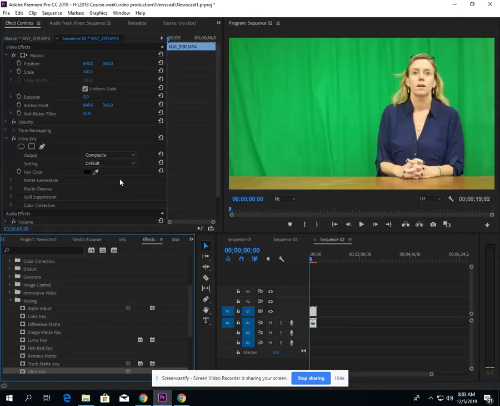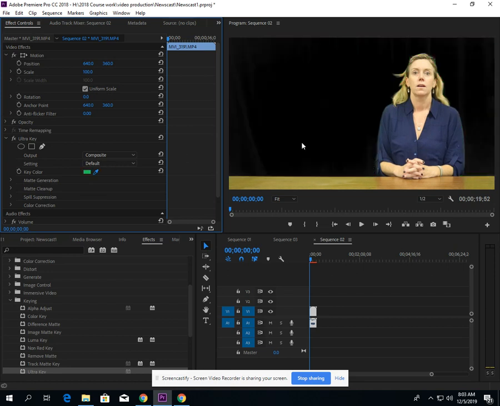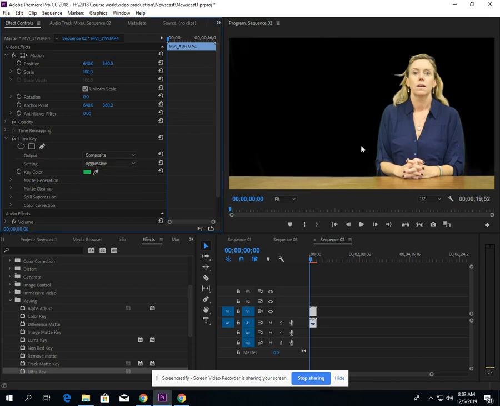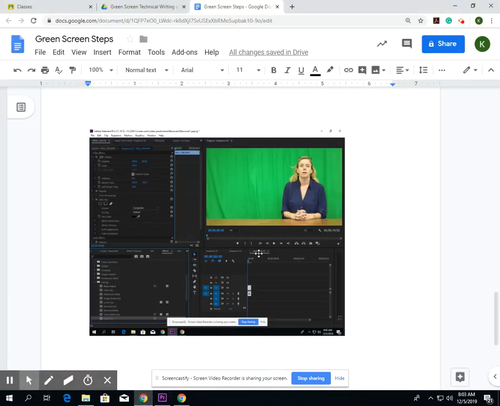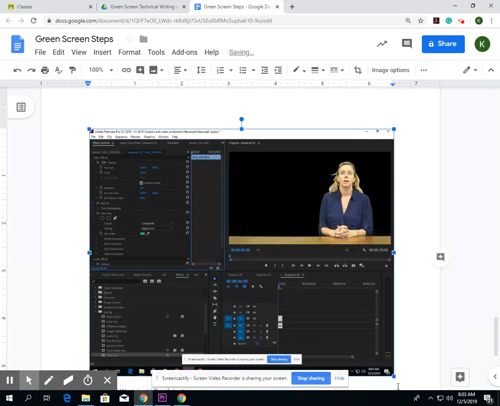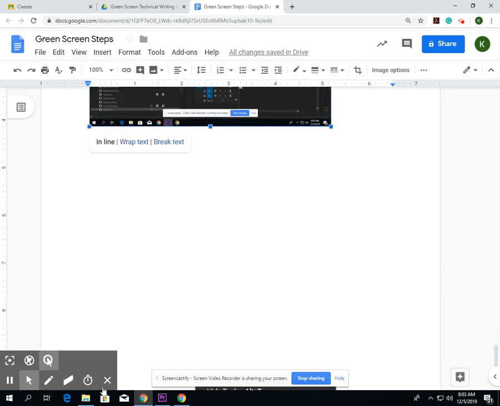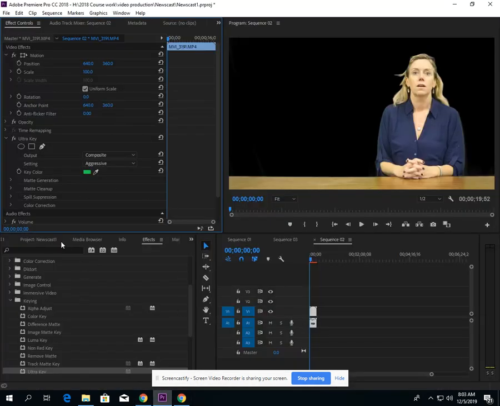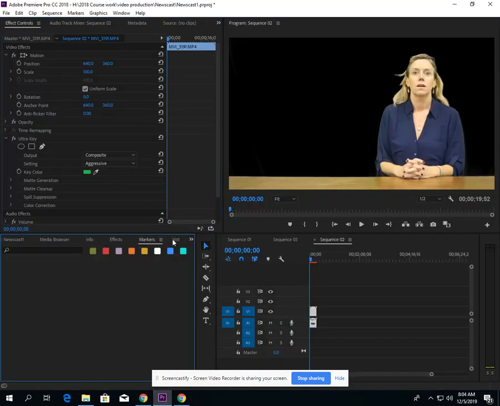Now, if you want, you could just kind of go through, get your picker under effects controls, and then you could even be like this, print screen, or you can come over here and pick it out, okay? And then you want to make sure you go to aggressive, and then I'm going to print screen. So I'm going to go here. That would be my next picture, okay? And then my last print screen is taking an image